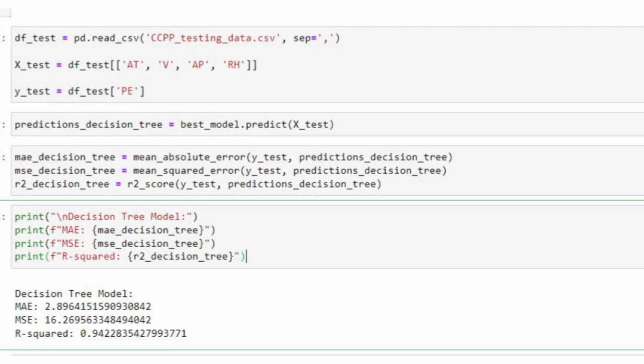Now let's have a look at our decision tree model. Here, our mean absolute error has a value of 2.9, which is definitely better than 3.65 of the linear regression model. Mean squared error is 16.27, which in my opinion is very good compared to the linear regression model, which means that the decision tree model is better at handling larger errors. And we have 0.94 in R-squared, which means that the decision tree model explains approximately 94% of the variance in